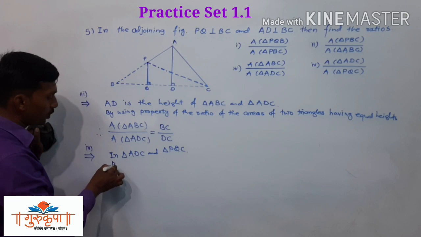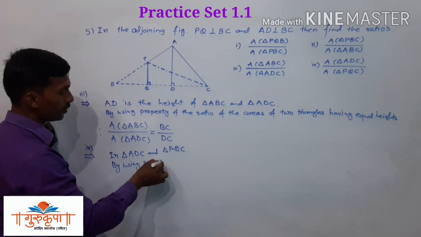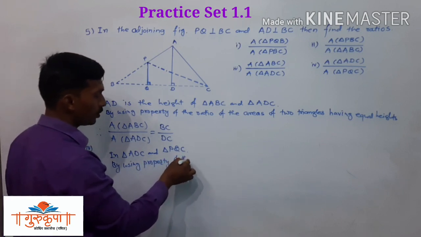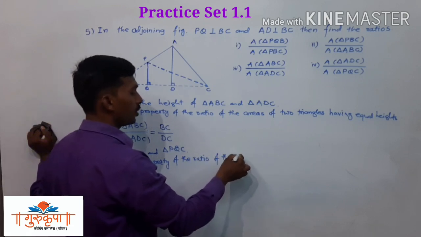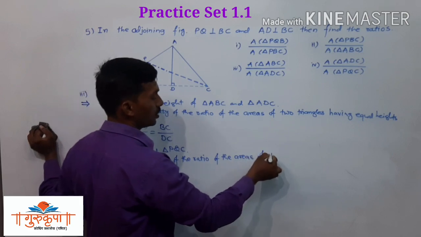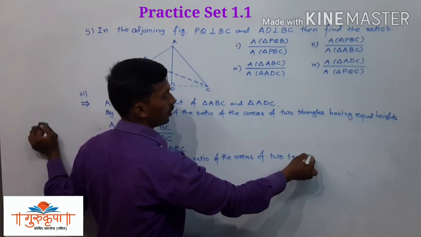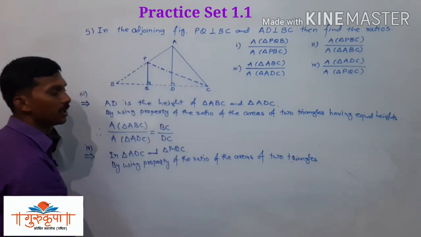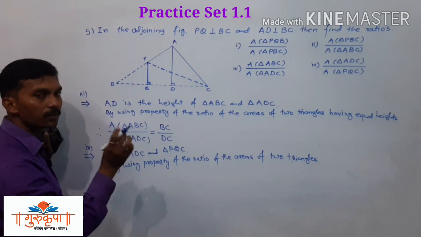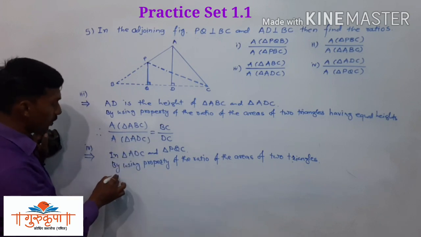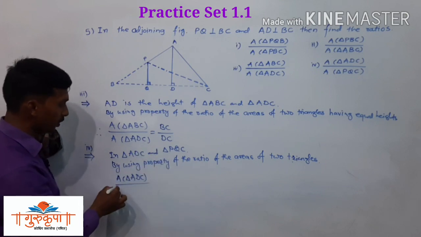So we can write, by using the property of the ratio of the areas of two triangles, neither bases nor heights being equal, we use the main first property, that is area of triangle ADC upon area of triangle PQC